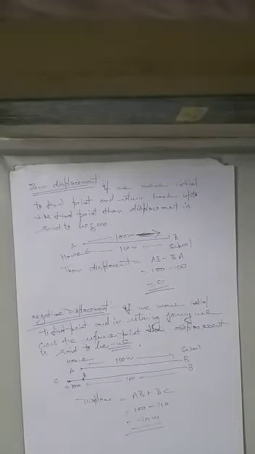So we can say if we move away from the initial or reference point and return back to the initial point and cross it by a certain distance, then the difference of the value comes in negative, and then we say the displacement is negative.